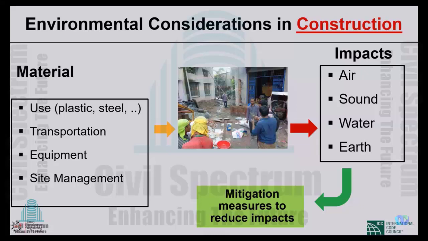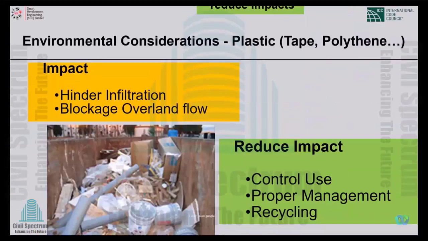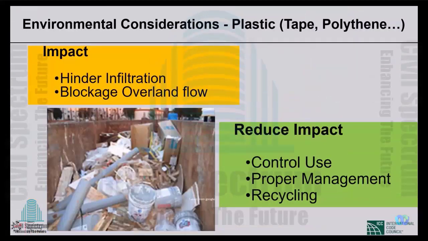Each unit has limits. Below that, we have to bring things back to normal, back to what the requirements of the environment are. I will come back to you on the requirements later: what are the standards and guidelines for that? So here is an example of the material use we are talking about during construction: plastic, polythene type of thing.